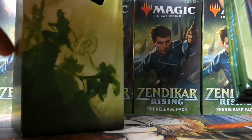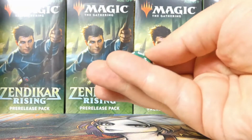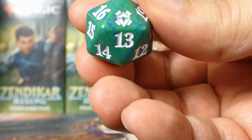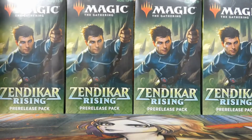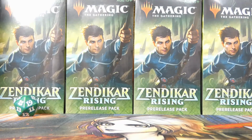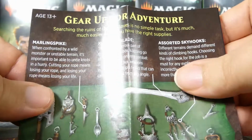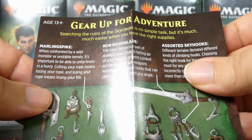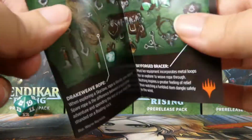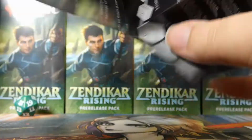Let's look at the contents of this thing. First and foremost, we have the green spin down D20. Very nice, with the Zendikar Rising set symbol as the 20. I can leave that back there, I guess. We have this little insert, Gear Up for Adventure, talking about the different weapons. That's pretty cool. Some flavor there, I like that, obviously, as a Vorthos at heart. That's so cool. Okay, and then on the inside...